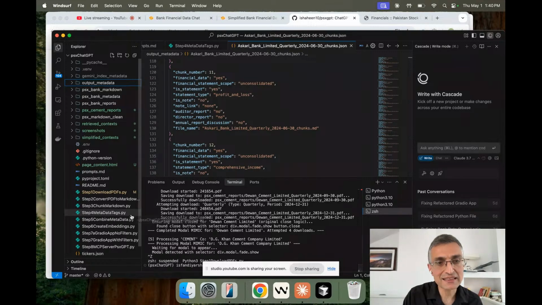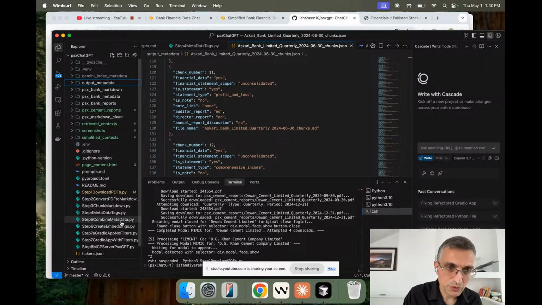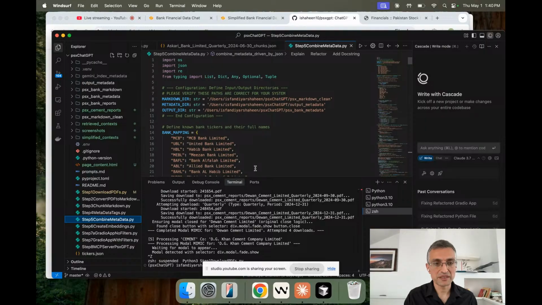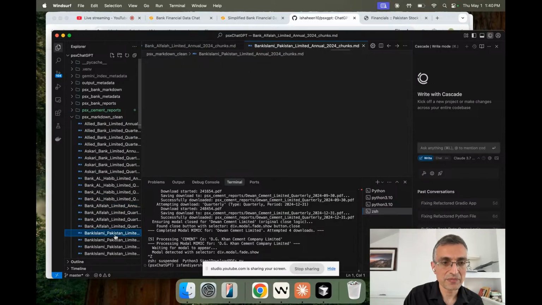I realized later that there's a bunch of other key elements that I had not included, like whether this is annual or quarterly. But luckily, my file names contained a bunch of information, which I then used in step 5 to combine. And this PSX markdown clean was the result of the combined